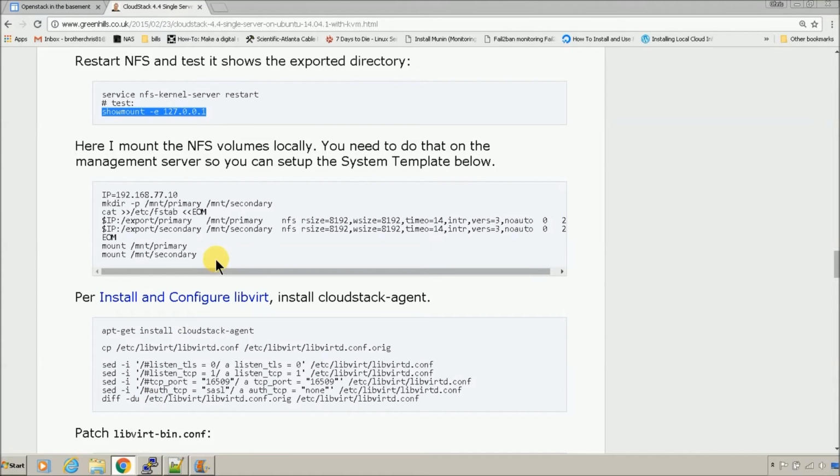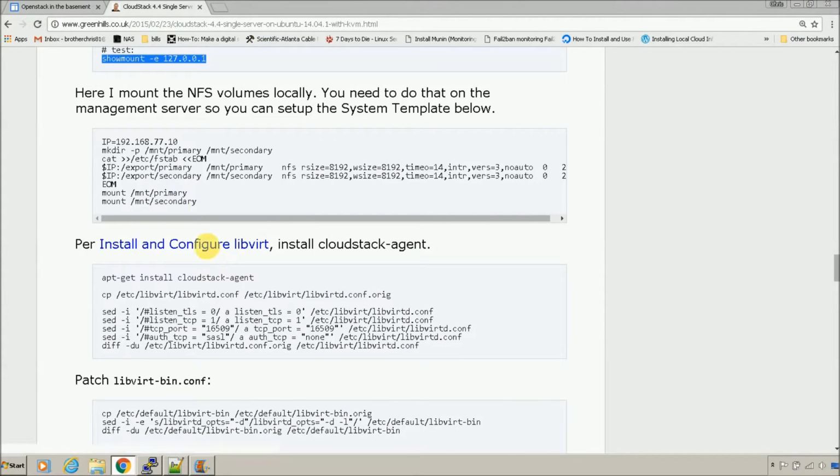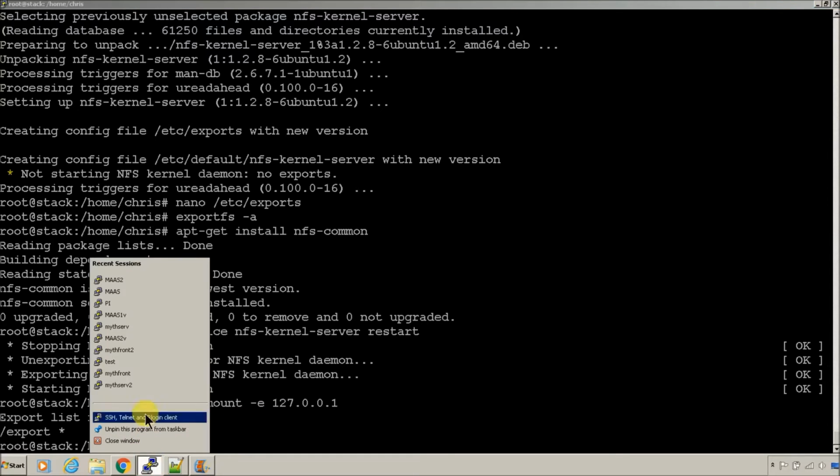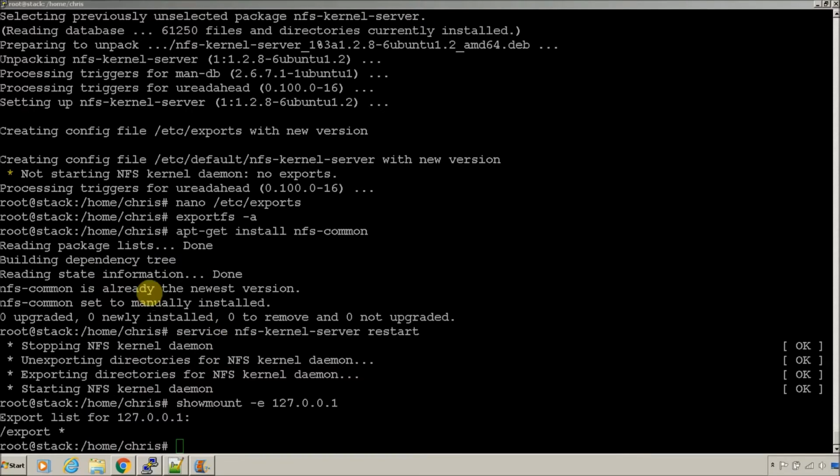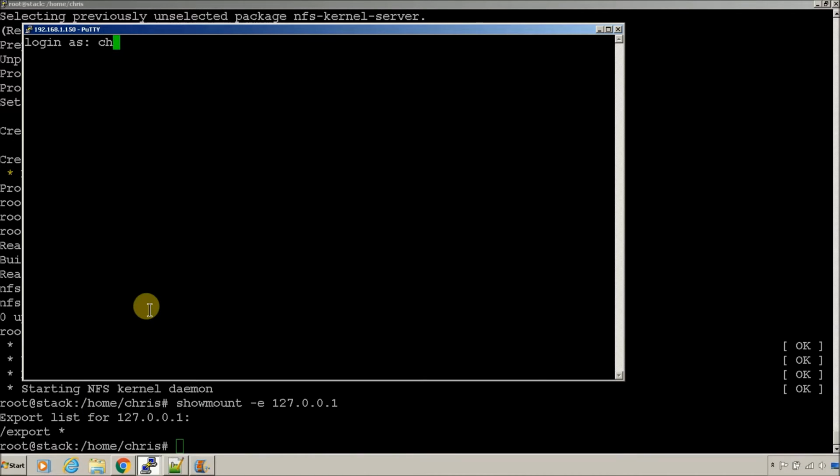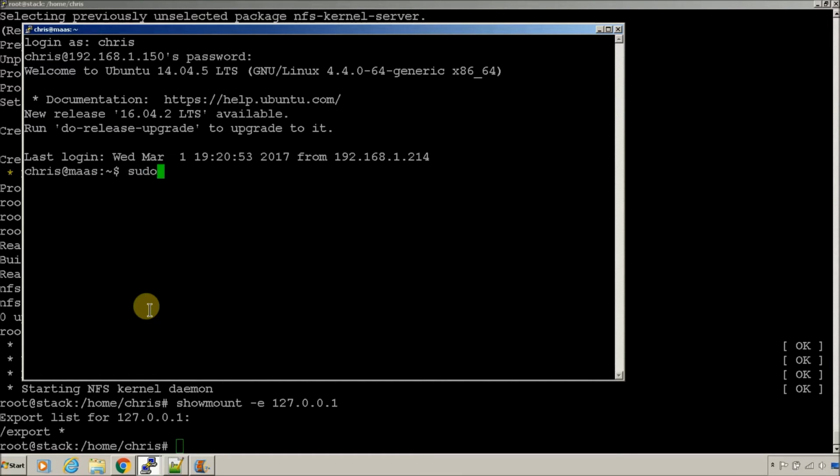Just as a test, he's going to mount these locally. That's where we get confusing. Just as a test, if you have another server that's available, like our trusty NAS box that we always use, you can do, I don't even think you need sudo,